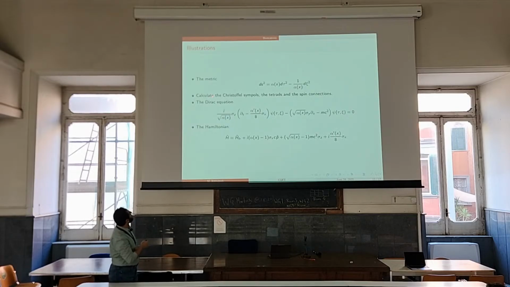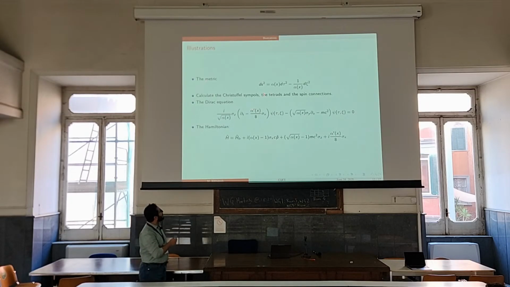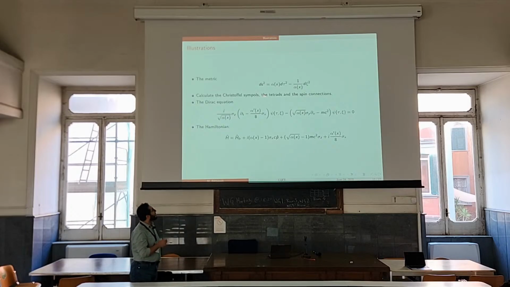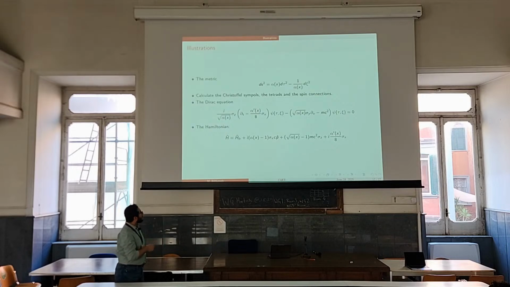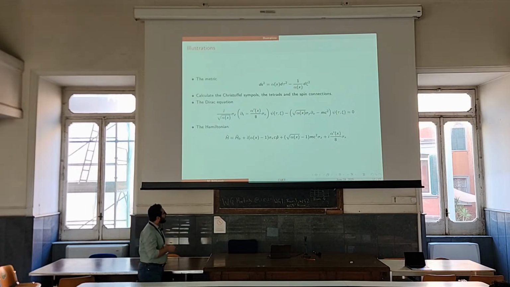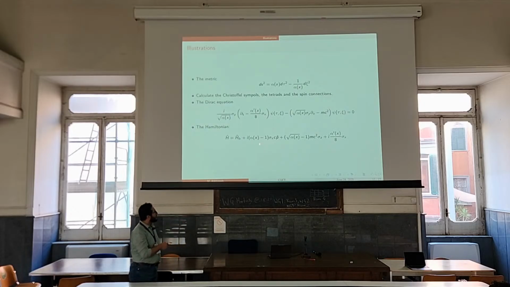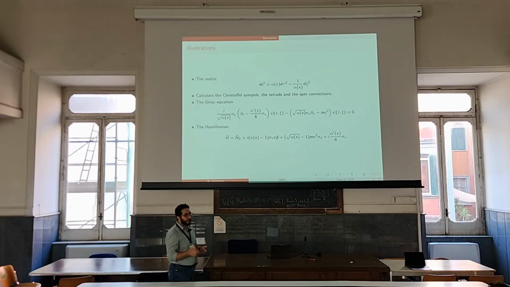And now some illustrations. We used a Schwarzschild-like metric in 1+1 dimensions to rewrite the Dirac equation and then to calculate the Hamiltonian. And in this curved space-time, we introduced